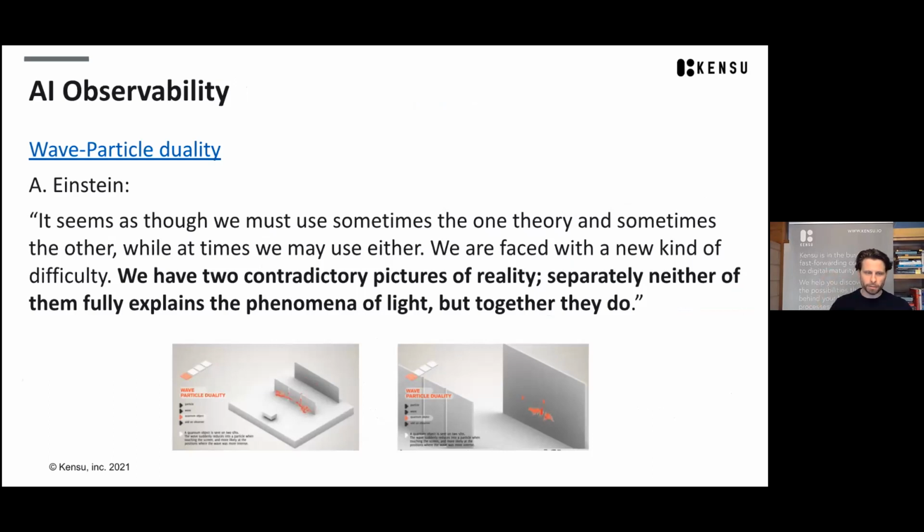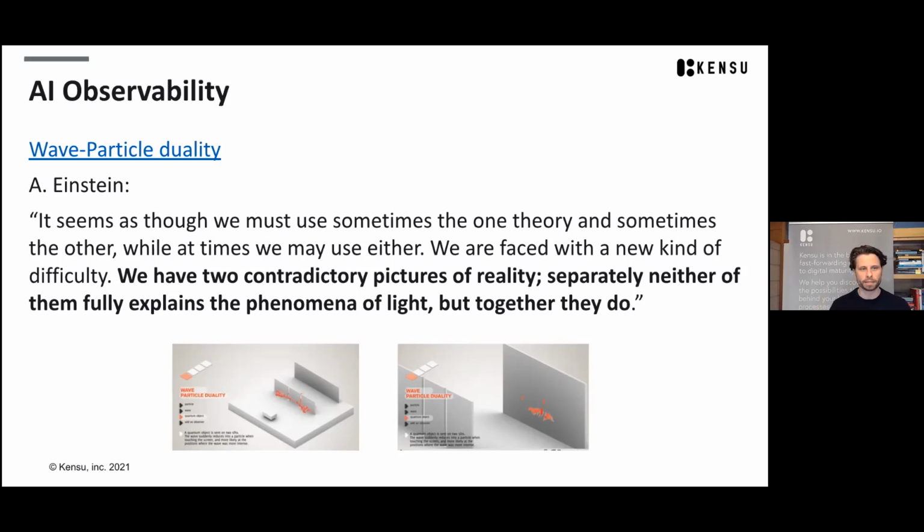Sorry, maybe this is my background, but I see AI through the angle of physics. Light has a duality, wave and particle, right? Basically, depending on how you look at it, it will behave differently. What you want to find in light, it will behave as a wave or as a particle, right? The article on Wikipedia is very good on this. There is even a small video showing what it means.